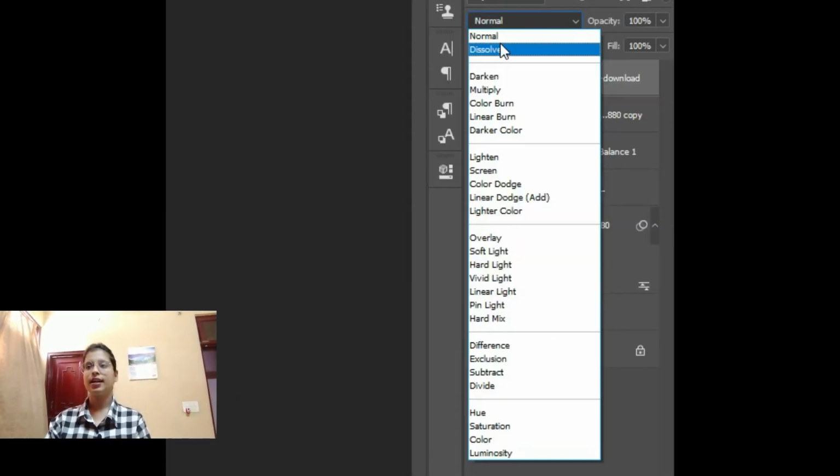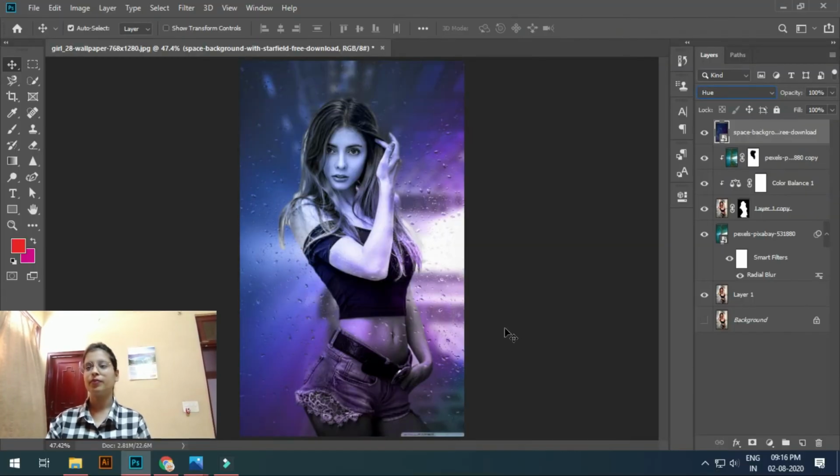Select this layer and choose a hue. You can see a different look is coming there, and a different amazing look. I like it. Okay, select it. The editing is there. Now we are going to adjust its tone in Camera Raw.